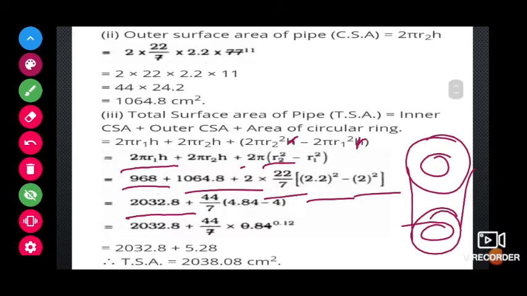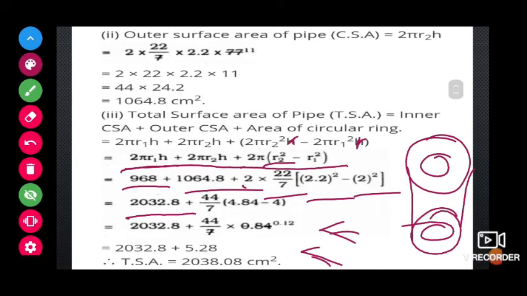In all these calculations, once you see the formula, don't copy anything. Please try to substitute all the values yourself and calculate from your side. Then you will get a lot of practice in mathematics, and you will stay in touch with all the calculations too, because I cannot calculate each and everything on the screen to show you. So this is your task, to verify whether the answer is correct or not.